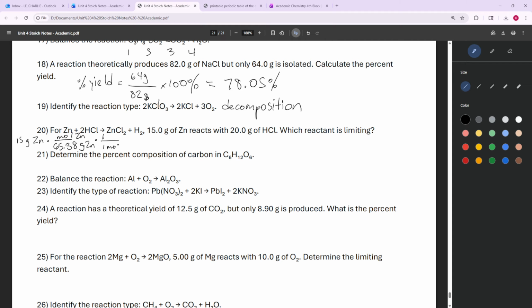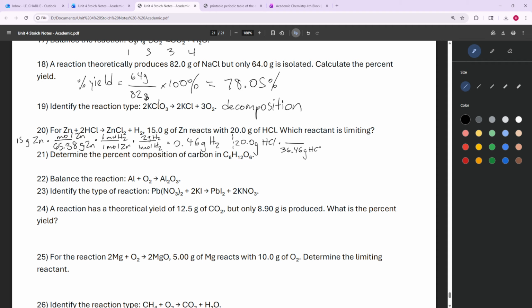Either product. Here I'm going to just choose hydrogen just to make my life a little easier. It doesn't matter. Both are going to scale up and down with how much reactant there is. Times, for every mole of hydrogen, we get 2 grams of hydrogen. 15 divided by 65.38 times 2, that's 0.46 grams. If we compare that to the 20 grams of HCl we had,